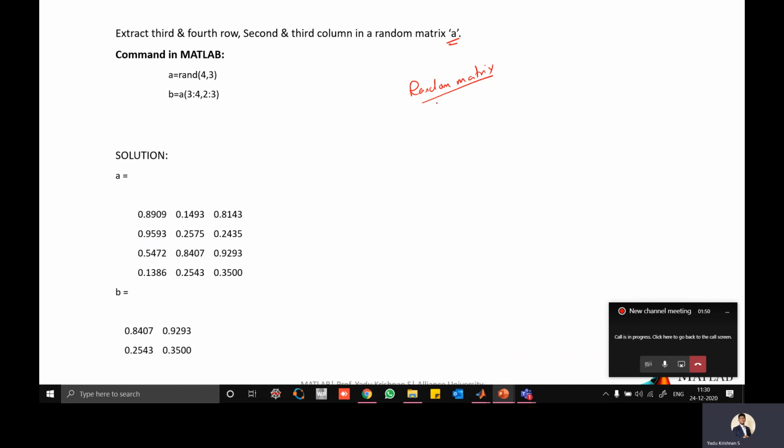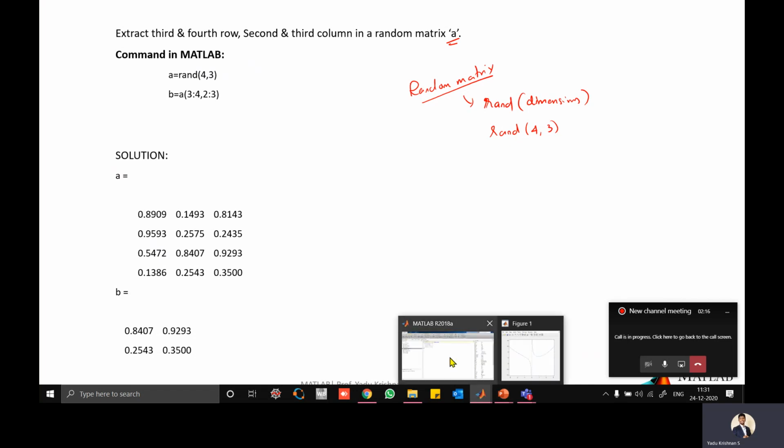If you want to make a random matrix, you have to use the keyword rand, and you have to give the dimensions. Here rand of 4,3 means it will have 4 rows and 3 columns. We will do that directly in MATLAB.